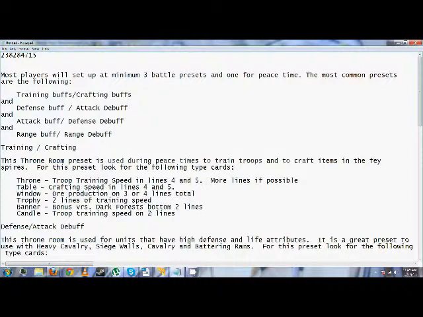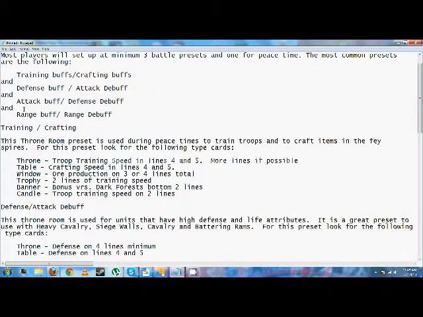So anyway, then there's the defense buff and attack debuff, and the attack buff and the defense debuff, and the range buff and the range debuff presets. And I'm gonna be naming the guidelines for them down lower. But they work like rock, paper, scissors. Defense is rock, and it's good against scissors, range. Scissors, range, is good against attack, which is paper, and attack or paper is good against rock. That's basically how it works, and it pretty much works like rock, paper, scissors when it comes to battling, because